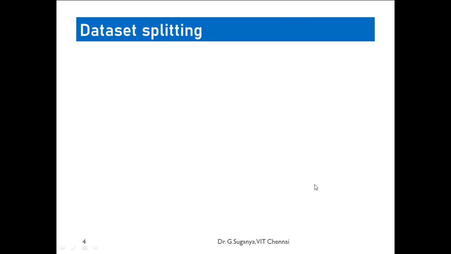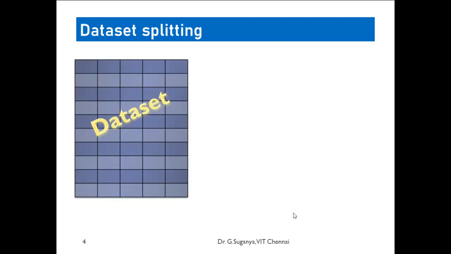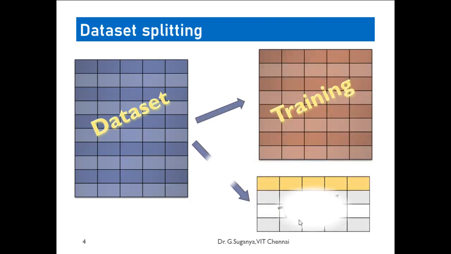Moving into data set splitting, we already discussed this in previous sessions. To recap, if you have a data set with n attributes and m rows, the rows are what we call experiences. Before getting into the model, the data set needs to be split into two parts: one we call training, and the second we call testing. What is training? This is the set of experiences that we use for training the machine learning model.